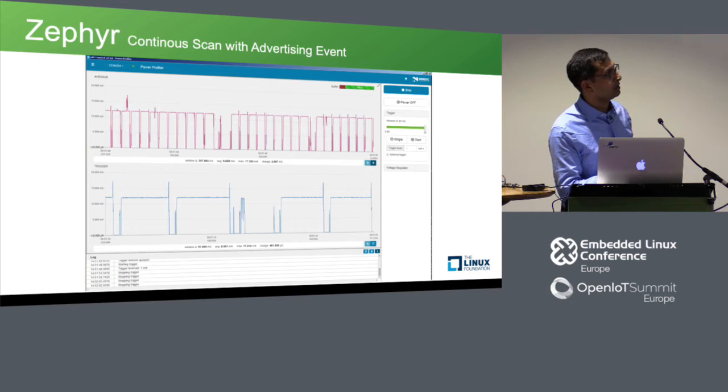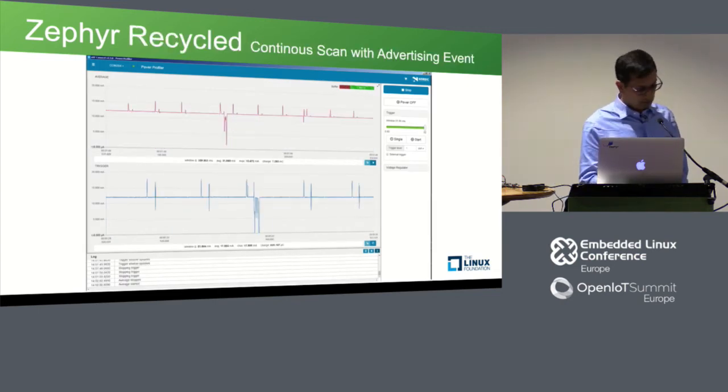So at the top is basically a zoomed out power profile where it's doing continuous scanning, but you can clearly see that there is a lot more CPU idle between channels. So these are like 37, 38, 39, 37, 38, 39. But then there's the multi-role where you also have advertising while scanning. As you see here, the advertising actually utilizes one whole scan window, or basically replaces a scan window here to do the advertising, and then the scanning happens in the next scan interval. But with the new work which I am doing,